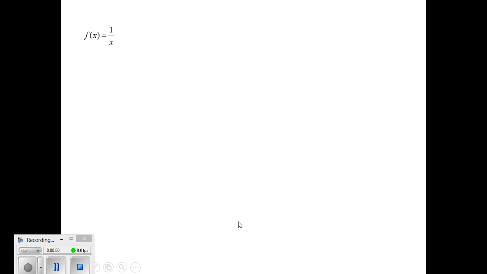Here are some familiar ones. 1 over x, one of our 7 deadly functions, very familiar to you. And so we can look at translations of 1 over x, which we will do very shortly. 1 over x squared, another very basic